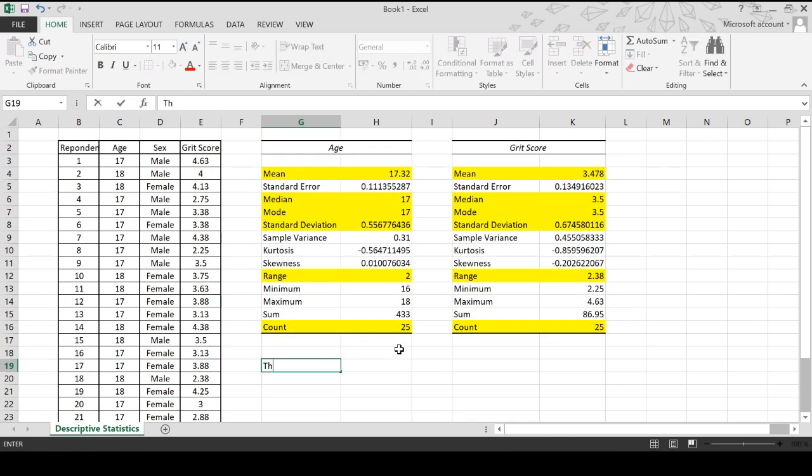You can have it as: the mean age of the respondents is 17.32 with a standard deviation of 0.56. So remember that if you're going to report your mean, it should always be backed up with your standard